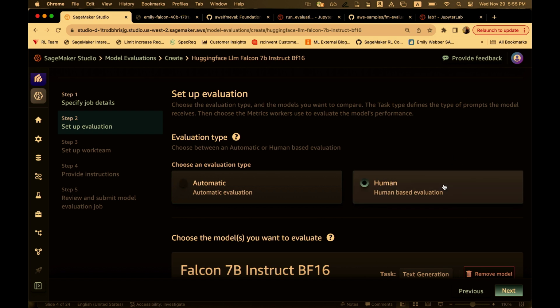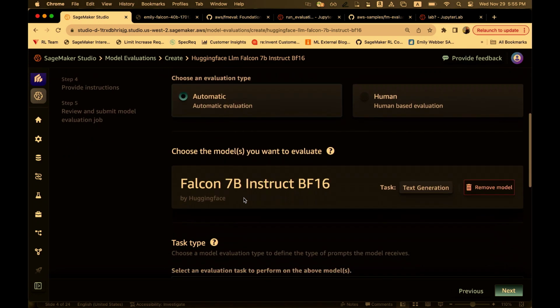And then the alternative is using human-based evaluation, which will create a labeling job inside of this new SageMaker Studio experience for your teams to click through and figure out your preferences to ultimately perform your model evaluation.